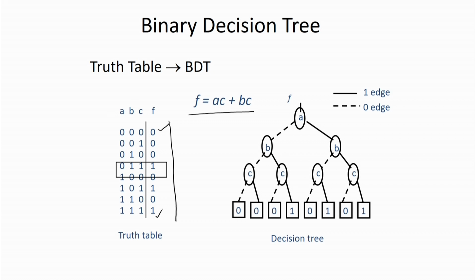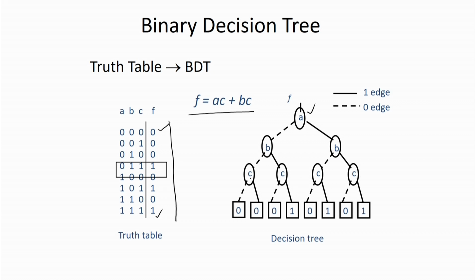Now, when I am going to draw the binary decision tree, for every variable you have to see the decision whether the value of that variable is 0 or 1. So, for variable a, it can take value 0 or 1. After getting the values of a, we have to look at the values for b. Again, the valuation for b may be either 0 or 1. After taking the decision on b, we are going to take a decision on c. Again, c may be either 0 or 1.